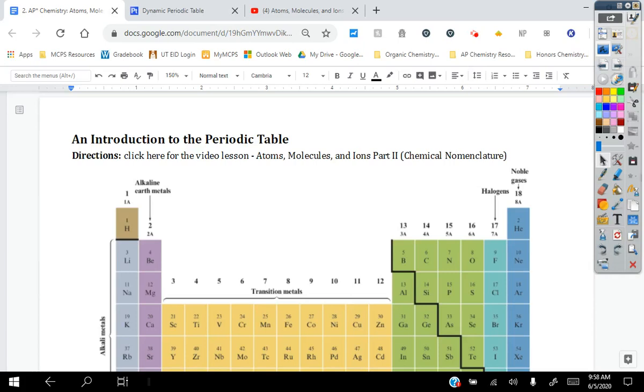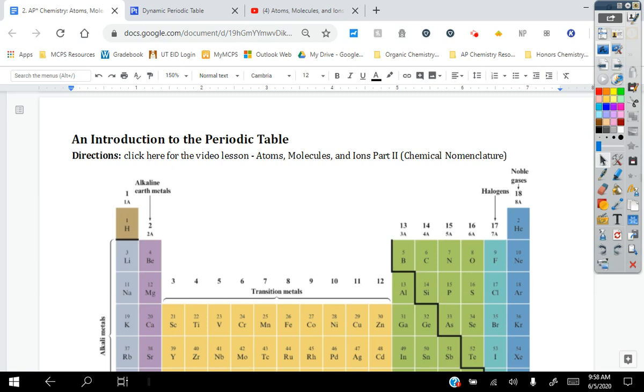Hello, class. This lesson is the second lesson in a two-part sequence on atoms, molecules, and ions. Specifically, this lesson will focus on an introduction to the periodic table and the arrangement of the atoms on the periodic table, as well as some other patterns we can use to help us when tackling things like chemical nomenclature